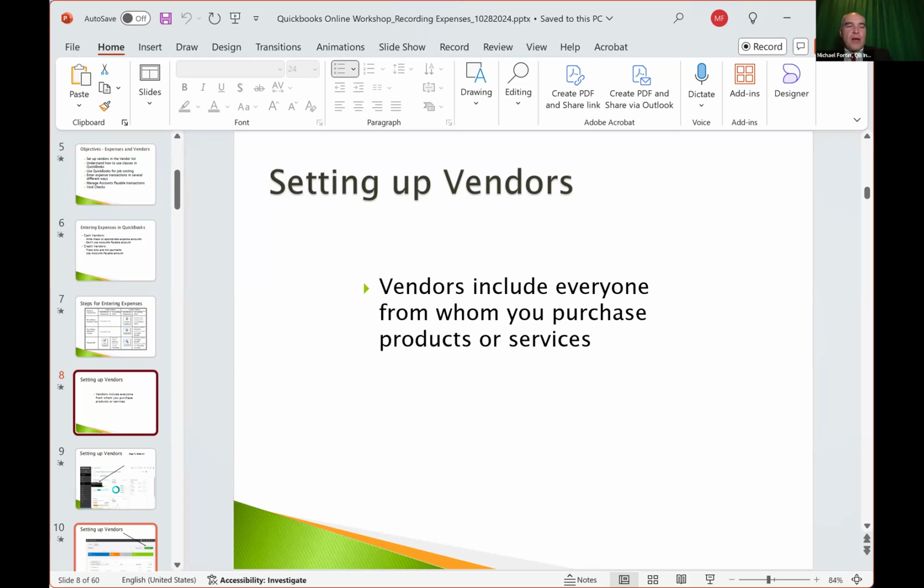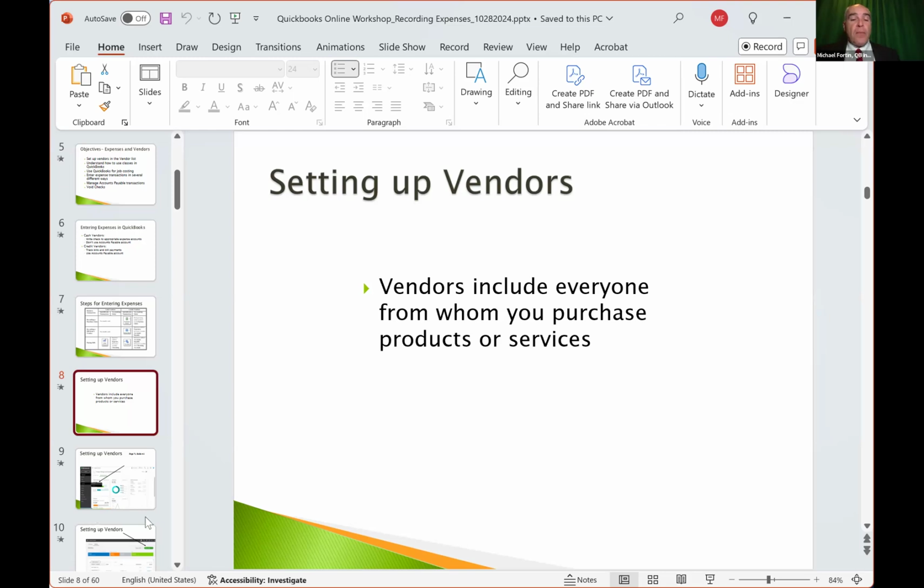Some of them are going to be pretty easy, right? Electronic banking that comes through. For example, Central Maine Power again, right? You paid your business electricity bill. That's pretty obvious what that expense is for. There's not any question. But some places like a department store or a convenience store, or Amazon or any online retailers, right? You could purchase any number of things from those businesses. So you need to just remember how to categorize it correctly. Okay, so just a little side comment on that.